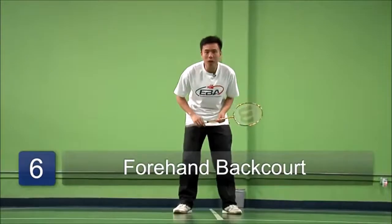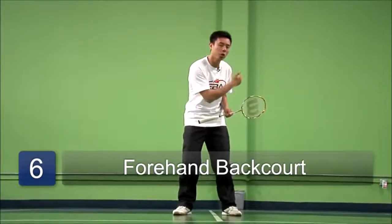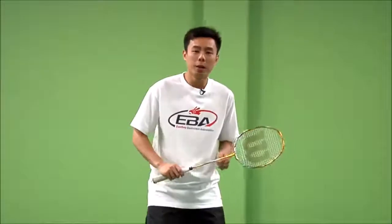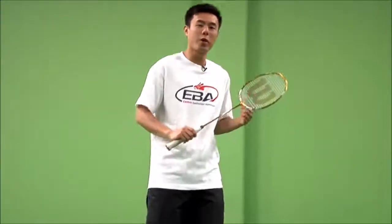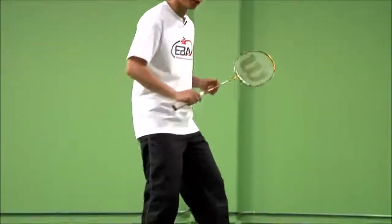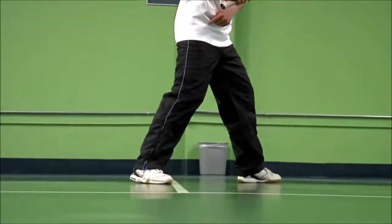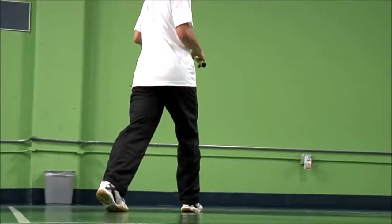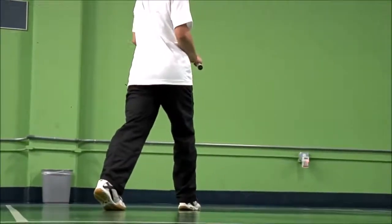We're now going to talk about the footwork to go back towards our backhand backcourt side. Step with your left foot towards the direction in which you want to go towards, and step with the next leg with your right leg. Continue following the birdie as you shuffle